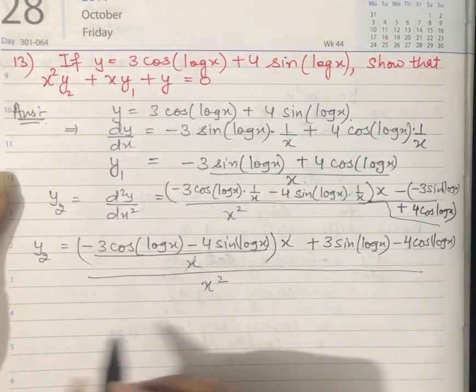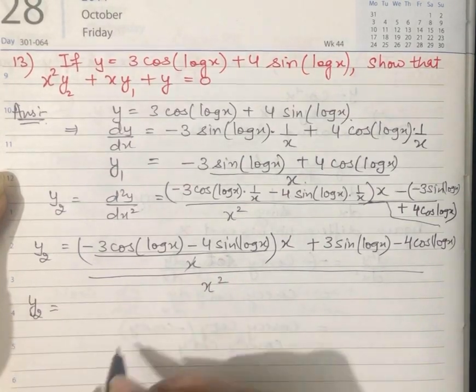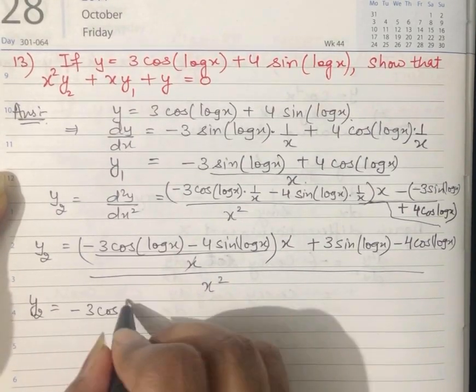Now this x cancels out, so y2 becomes minus 3 cos log x